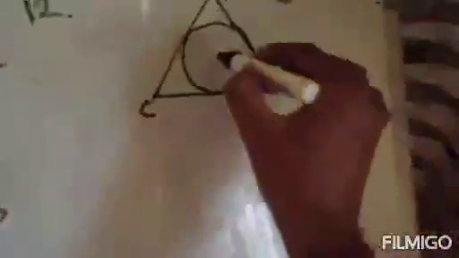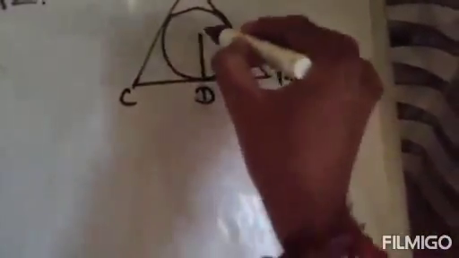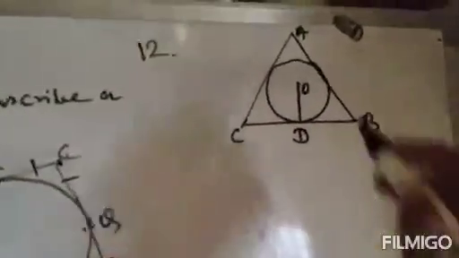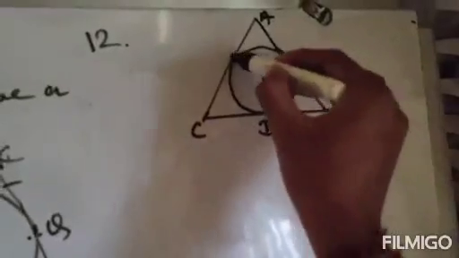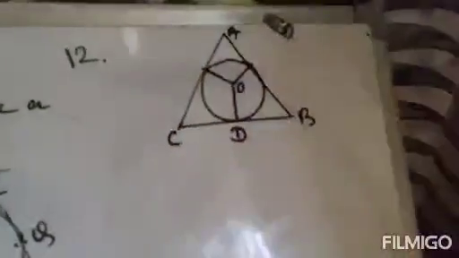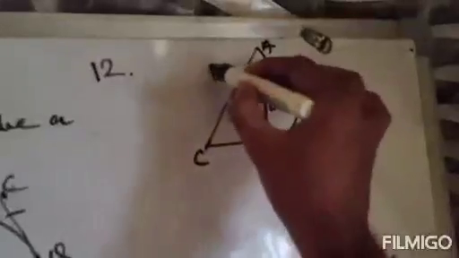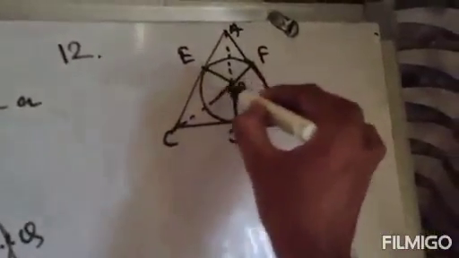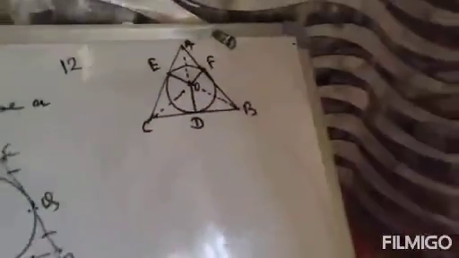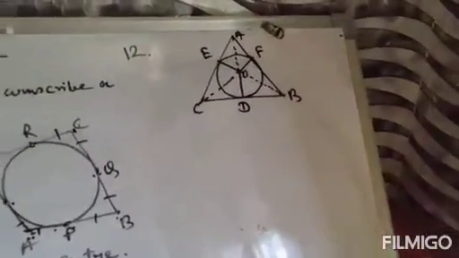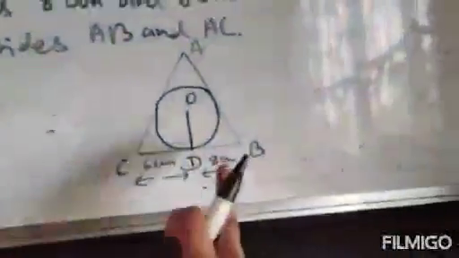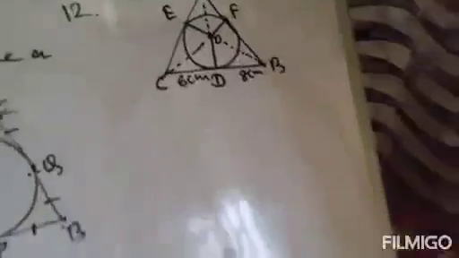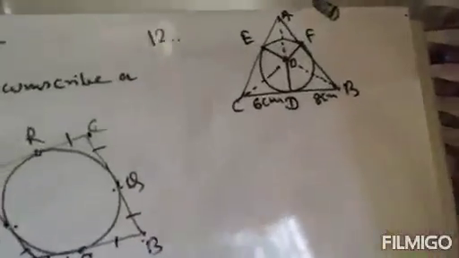ABC, and in this is the point O, this is D, OD. Now we have to draw some construction, that is, join these and this, make this E and this F, and join these points. We will draw these constructions. So that is OE and OF. Now it is given as 6 cm and 8 cm. So CD is 6 cm, and this is 8 cm. It is given. Clear?